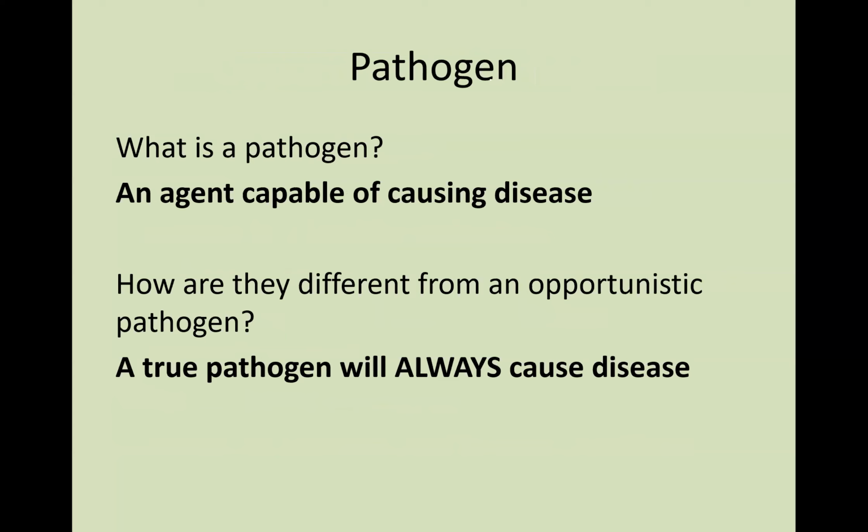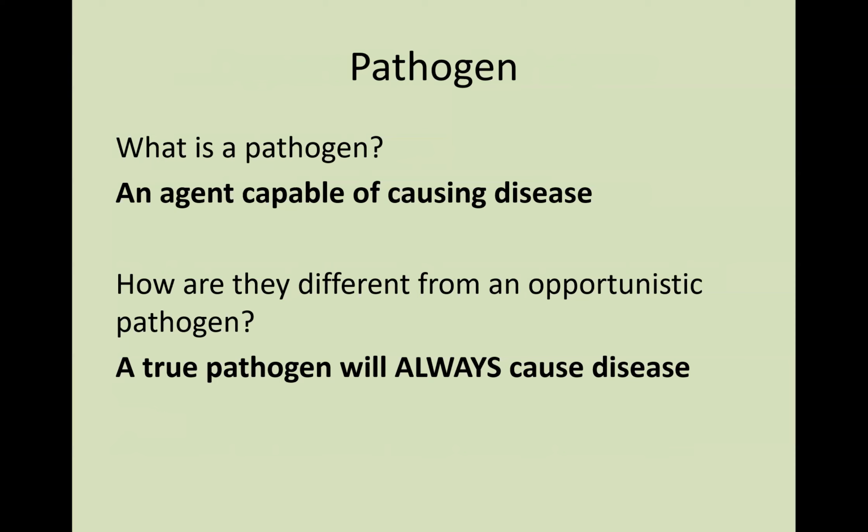All right, so again, when we think of the term pathogen, gen is the agent and patho is disease. So this is an agent capable of causing disease. So when we think about a virus, for instance, the measles virus will cause measles. If we were to think about Trichomonas vaginalis, this can cause a STD. Or if we were to hear about chlamydial infections, those have pathogens that can cause that infection and potentially cause disease.